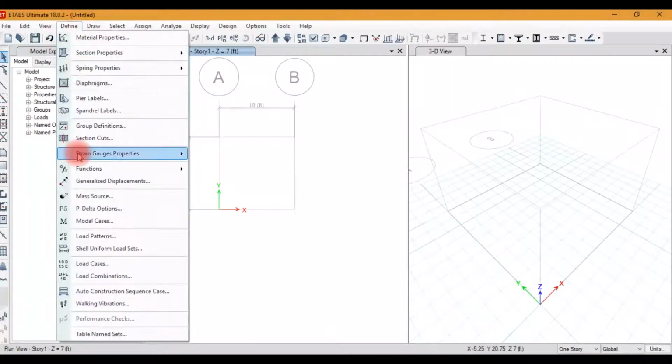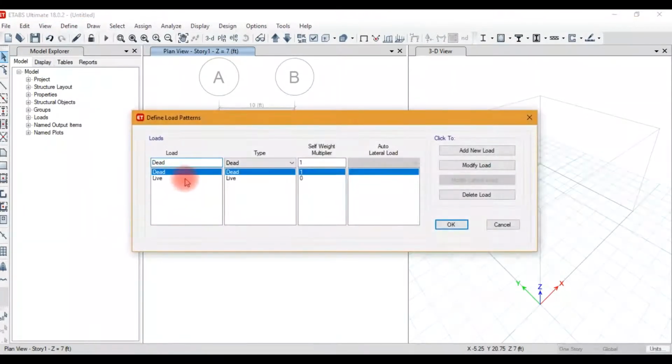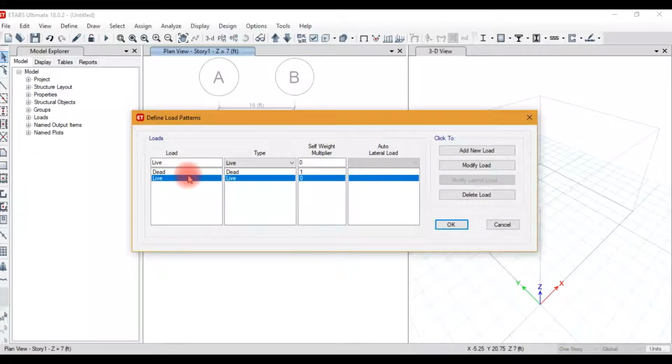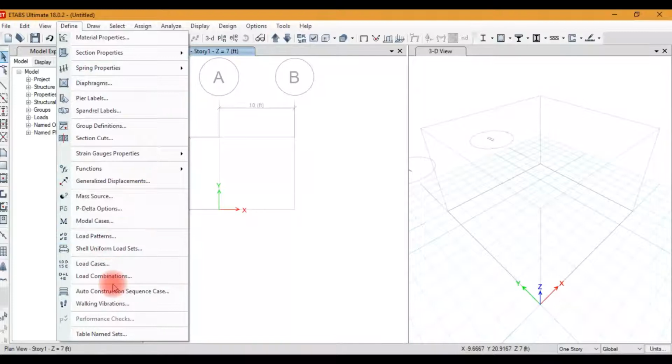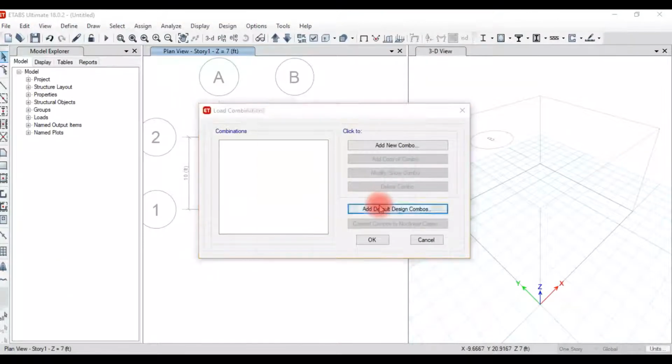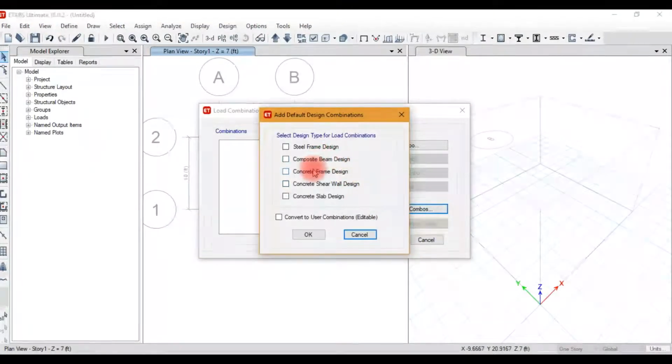Then we have defined load patterns, dead load and live load. We use only two cases, dead load and live load. Then we will define the load combinations, add default combinations, concrete frame design and concrete shear wall design.